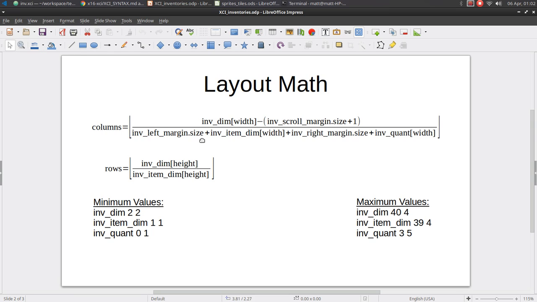Instead of using a left margin that's 2 tiles wide, we're going to use a single tile, and then a 2 tile wide button again, so we can reuse those graphics. A single tile wide right margin, but in this case we are going to up the width of our quantity display to 5 digits,